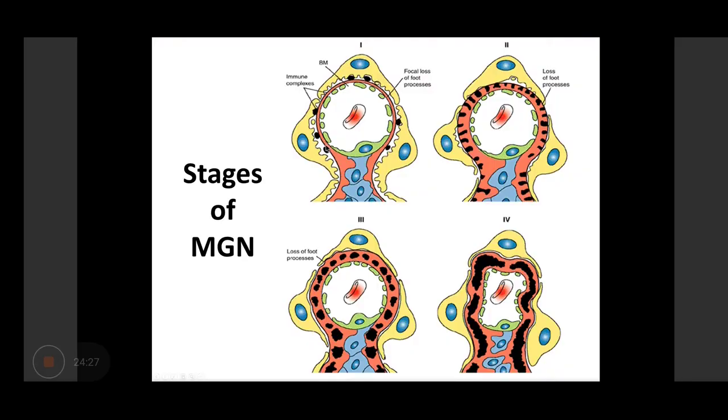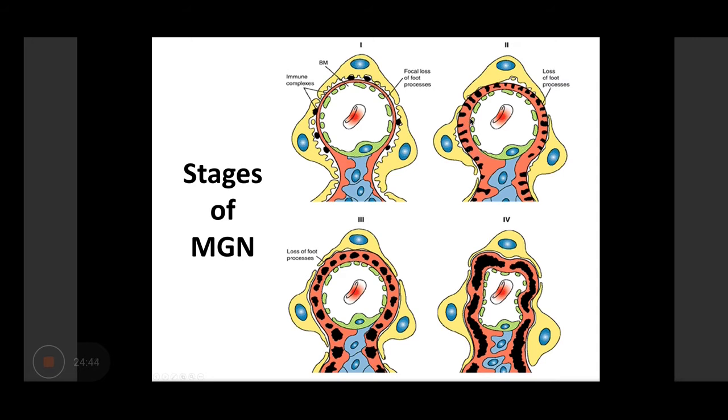So this is a pictorial micrograph of the different stages of membranous GN. This is from Robbins. You can see that this orange structure is your basement membrane. In the early stages, you have these immune complex deposits on the outer surface, which are black in color. In the second stage, they become